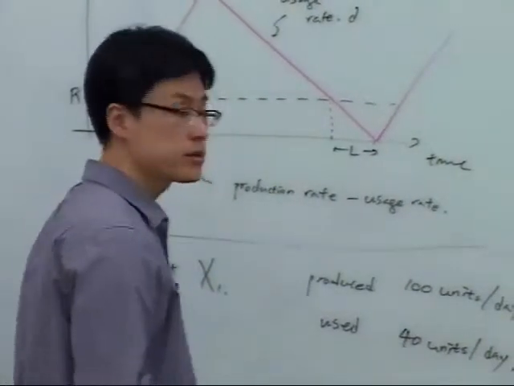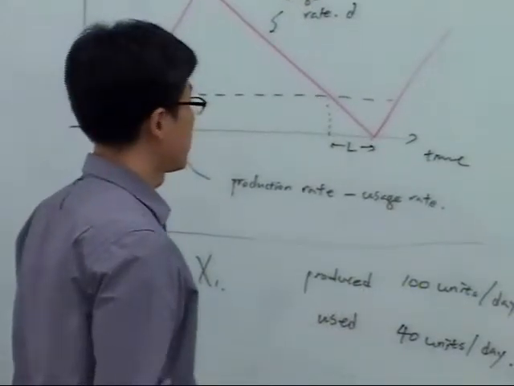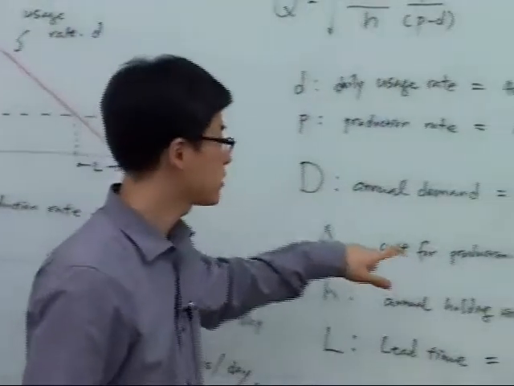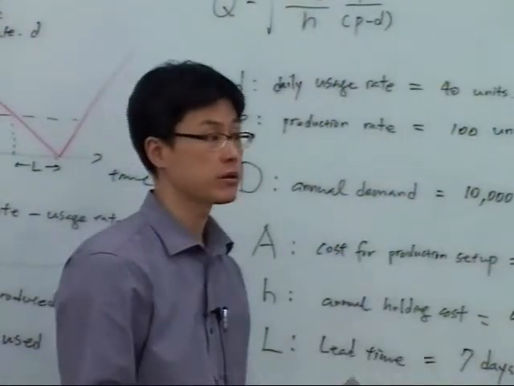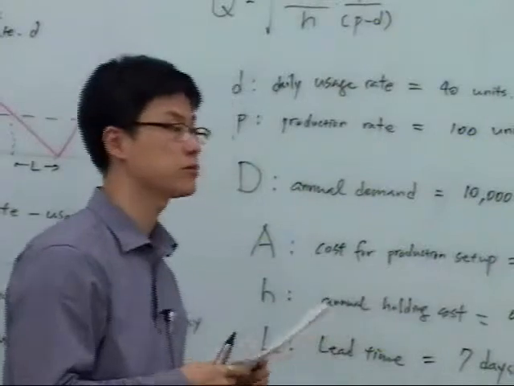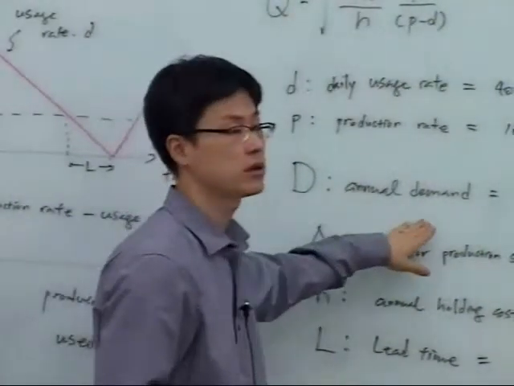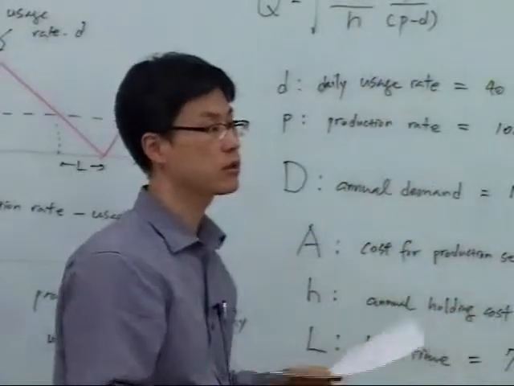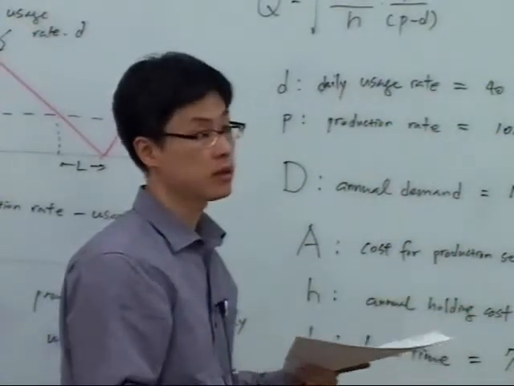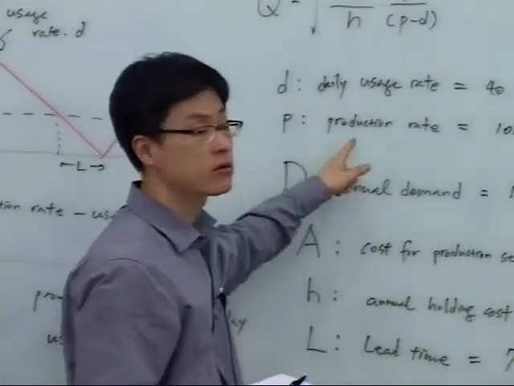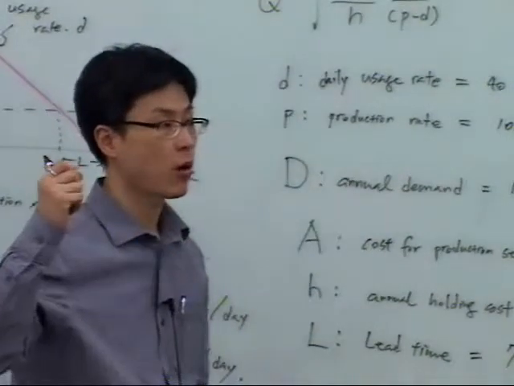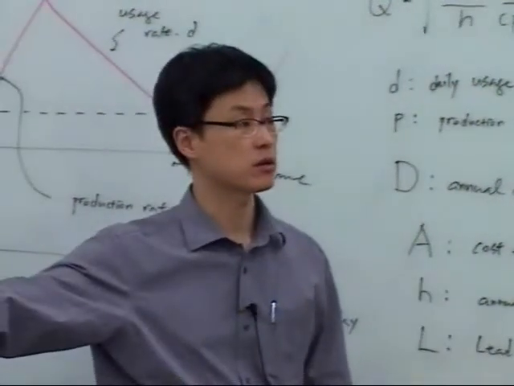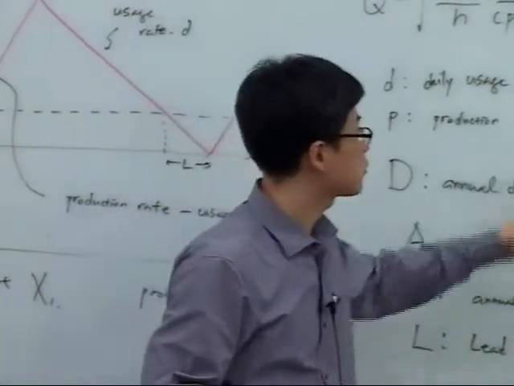Okay, what do you see? For this part X1, demand is 10,000 units per year. We have to produce 10,000 units per year because it is used by the next assembly line at 40 units per day. And the production rate is, if we order, we need more part X1 than the previous workstation. They can produce 100